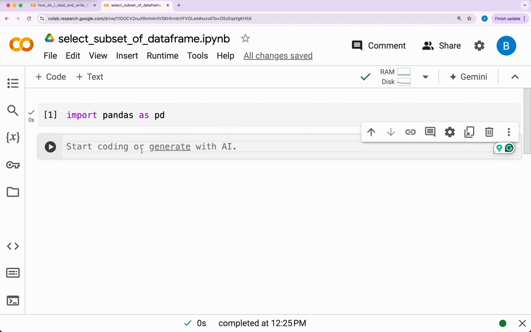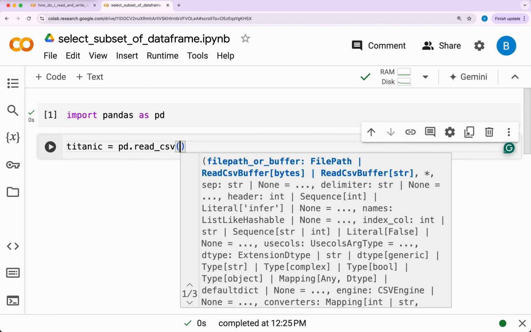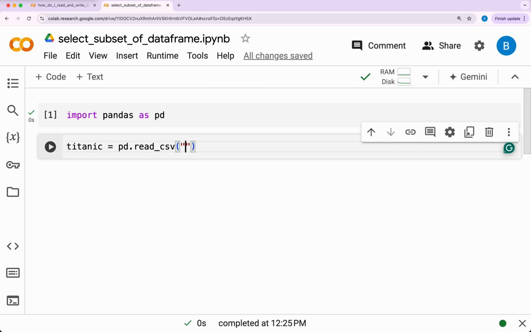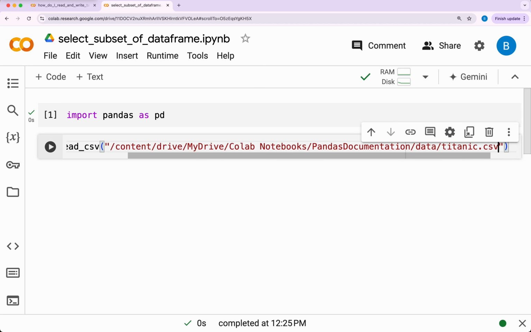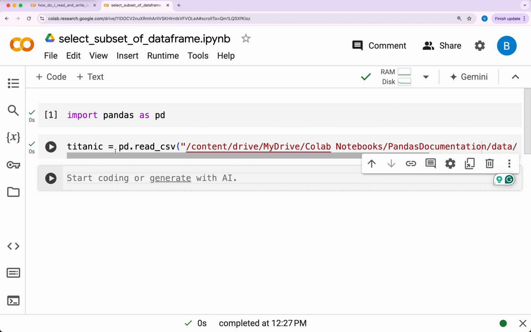And the next thing would be to read in that data. I'm going to store it in a variable name called titanic, equals pd.read_csv. And I'm going to have quotes. I will paste what I just copied now into that space. And I'll use shift enter again. And as you can see, the fact that we have no error means that yes, we can now access this